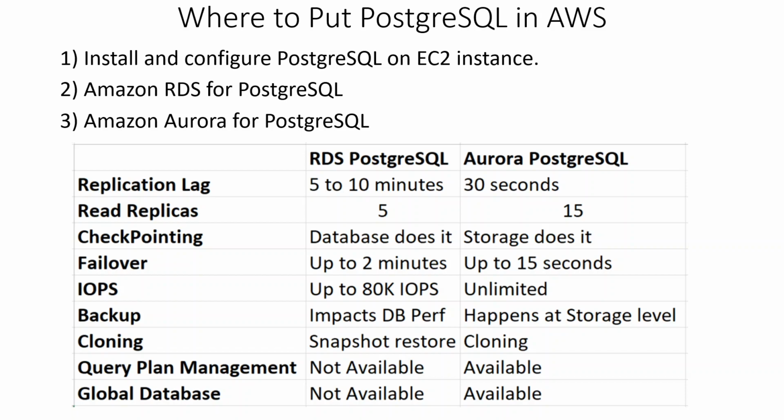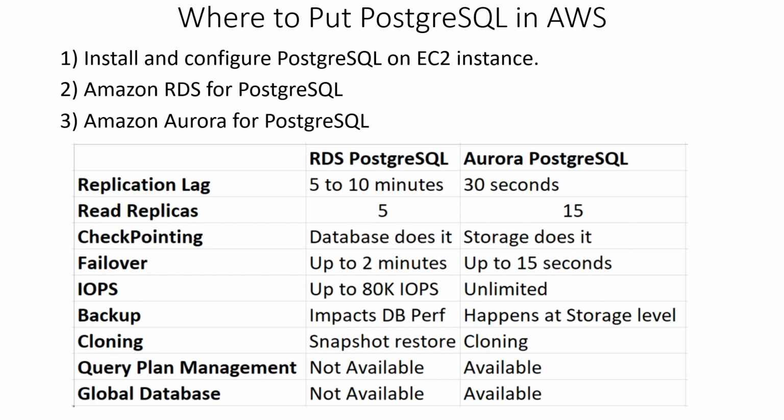In RDS Postgres, the database has to handle the checkpointing by default every 5 minutes. At every checkpoint, it writes dirty blocks to the underlying storage. If checkpointing is too frequent, it hampers the database performance. If it's too infrequent, you might lose data. When it comes to Aurora, the storage subsystem takes care of checkpointing, which is not only seamless, it's also very quick.